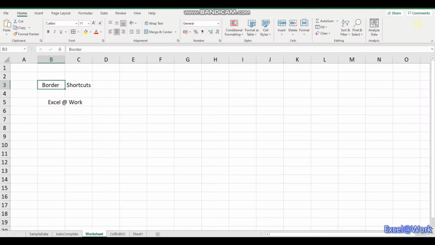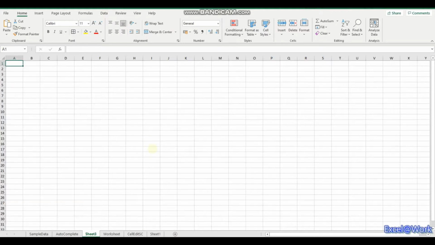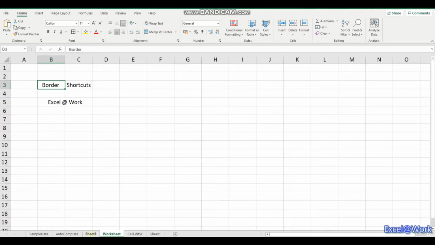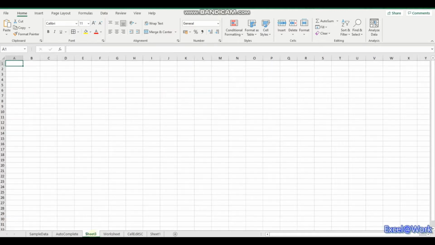So the various worksheet shortcuts are: insert new worksheet, Shift plus F11. Wherever you are, the normal way is to click on the plus key where a new sheet comes. The shortcut key is Shift F11. It's inserted before the current worksheet where you are. So I was in this worksheet tab and a new worksheet was inserted before this. If I am now in Sheet 3 and use Shift F11 again, Sheet 4 is inserted before Sheet 3.